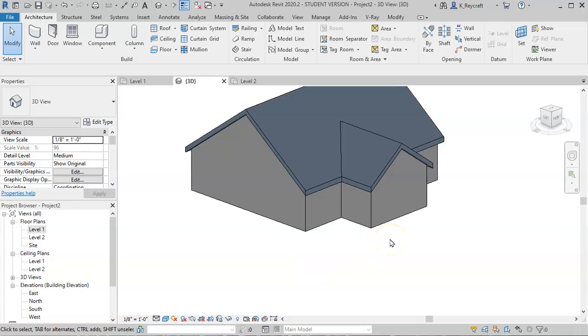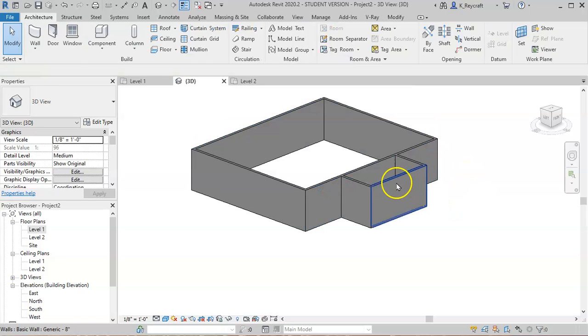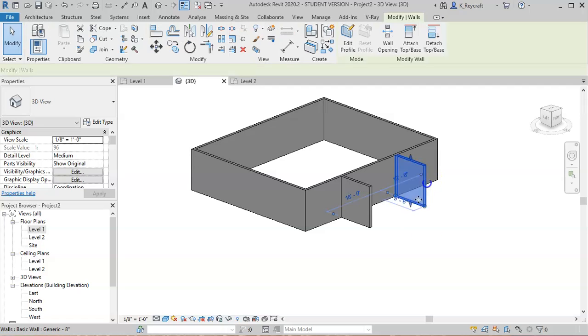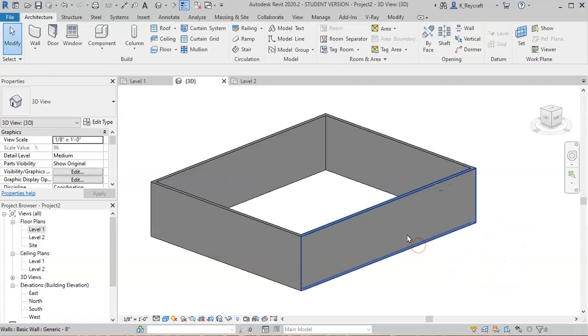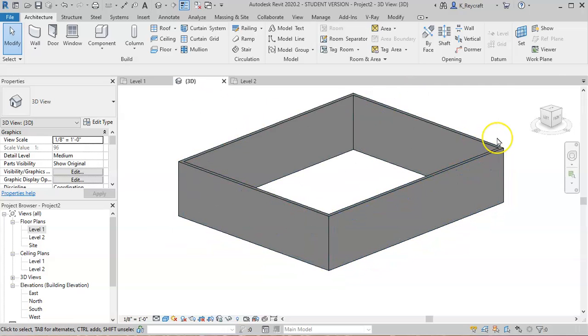So, let's say you wanted to create an unusual type of a roof. For this example, I'm going to delete all the roofs plus this addition. I just want to focus on one side of the building. So let's say I'm going to get a little, I won't say creative. I'm going to get a little stupid with this. How does that sound? If I go to the roof command,